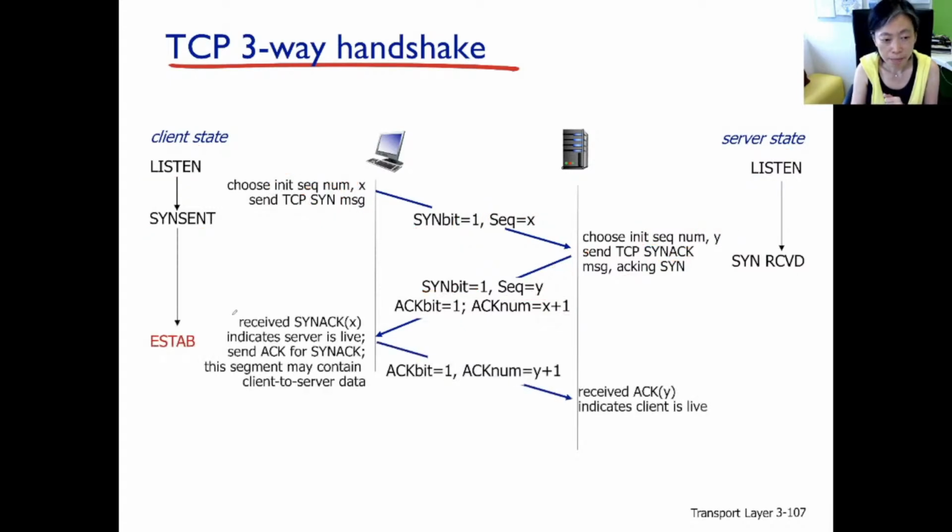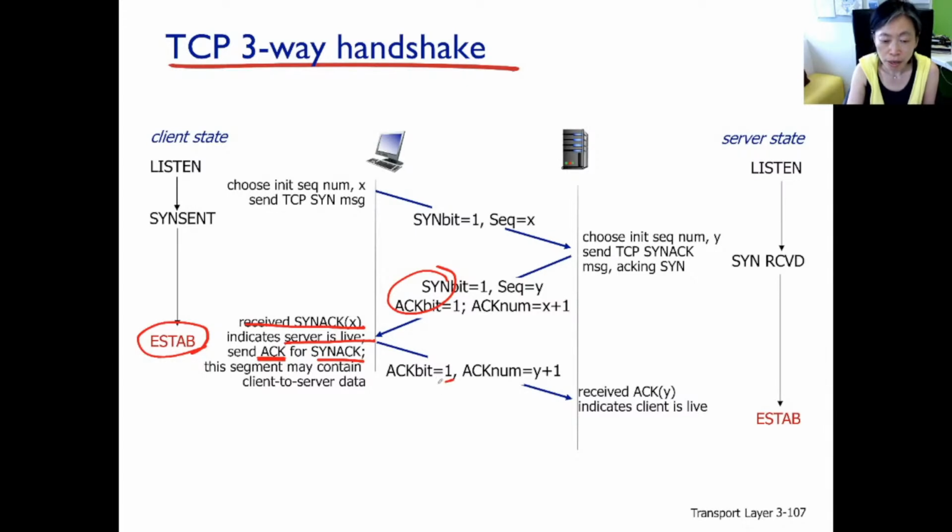And lastly, when the client receives the SYN ACK back, at this point the client is sure that the connection is established, and so the server is live. The last thing the client needs to do is just to acknowledge receiving the SYN ACK.